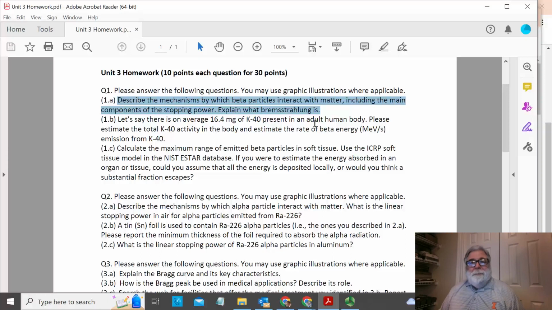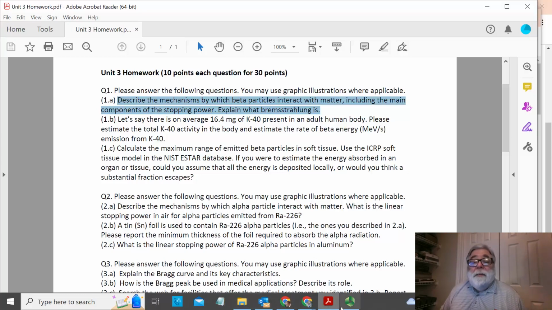There are 2 components I think this is driving at. One is a collisional interaction because of Coulomb interactions, where energy is imparted to the atomic electrons through the Coulomb force. The other is that electrons can interact with the atomic nucleus and emit bremsstrahlung as a consequence, radiative stopping